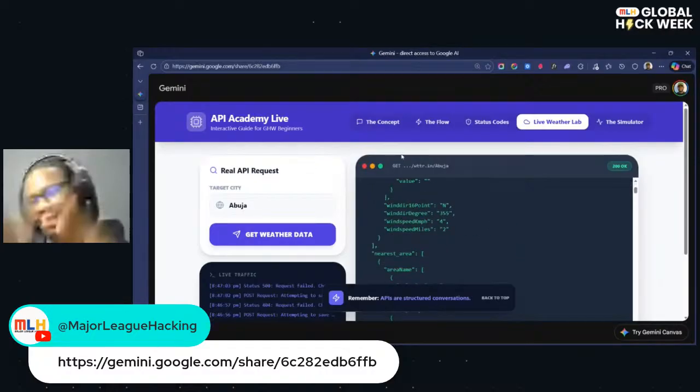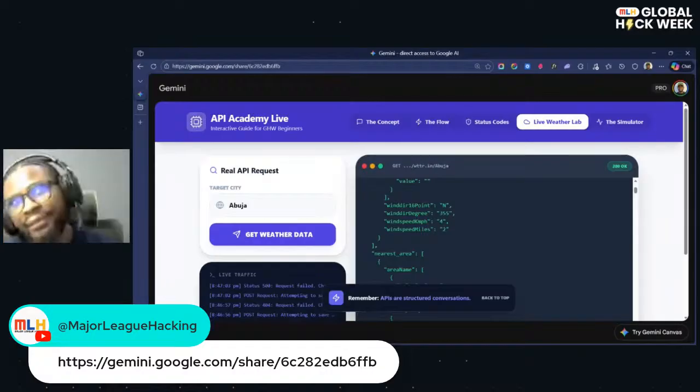Okay, so I hope this helps us understand exactly what APIs are, and we can dive into building one. Now, before we build one, we can dive into consuming one. So let's see how we can consume one. By consuming, I'm looking at consuming it to build something, not just consuming it like we have so far, like the weather API. We have done that. Let's see how we can consume it to build something by vibe coding an application.